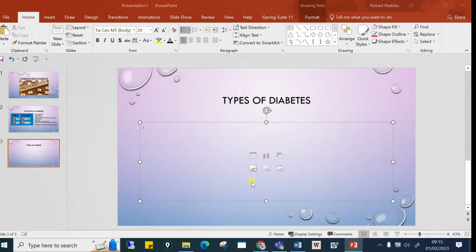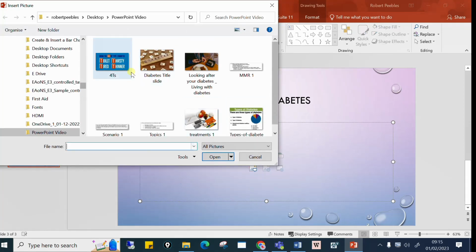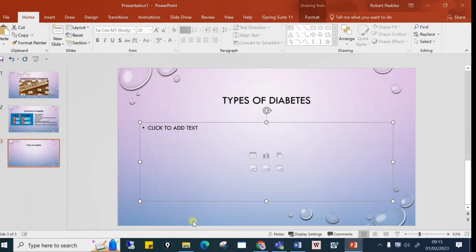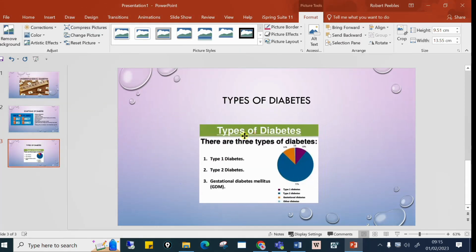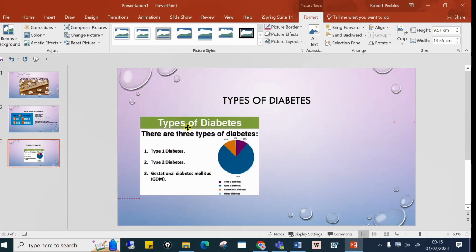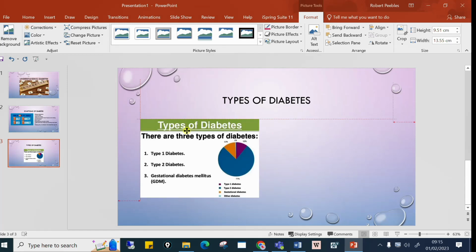again I'm going to add an image in. So here's one I found earlier, and I could go online to find this. I could do a search, but this would all be part of my research that I had done earlier on in my task. So I've got an image there which displays the different types of diabetes,